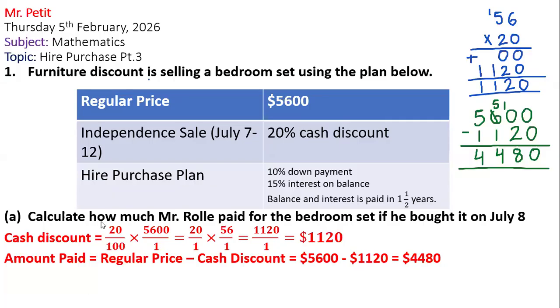So the first thing we do, again, we want to figure out how much Mr. Rule gets paid for the bedroom set if he bought it on July 8th. So we do the cash discount, which gives us 1,120. Why do we do the cash discount? The cash discount is going to be 20% of the 5,600. That is the cash discount, right? Then we're going to find the amount paid. The amount paid is regular price minus cash discount, which gives us 5,600 minus 1,120, which gives us